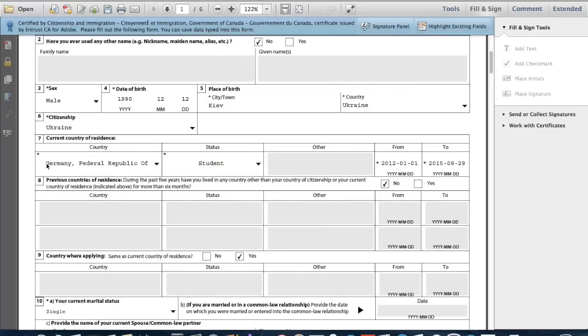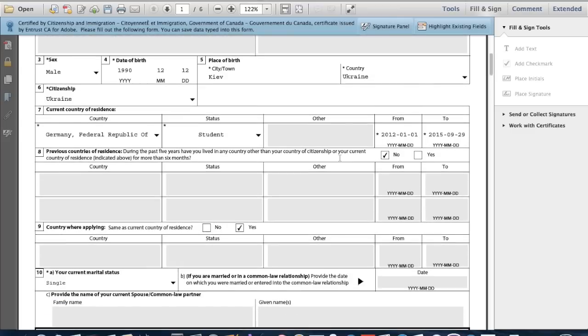The next question is asking you the country of residence, so it can be different from the country of your citizenship. Obviously, let's say you are a student from Ukraine, studying and residing at the moment in Germany, and you want to visit, let's say, Canada, right? So you indicate the date here,